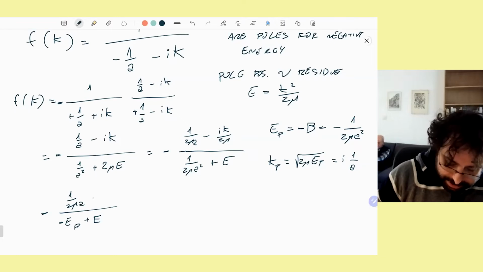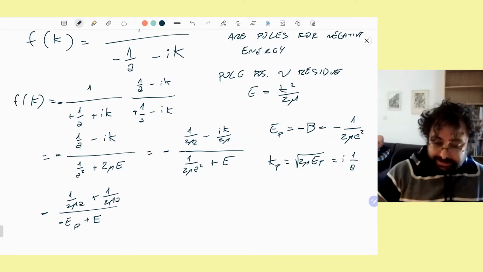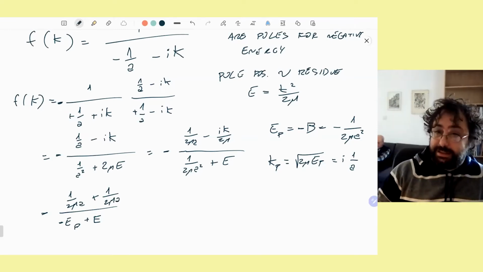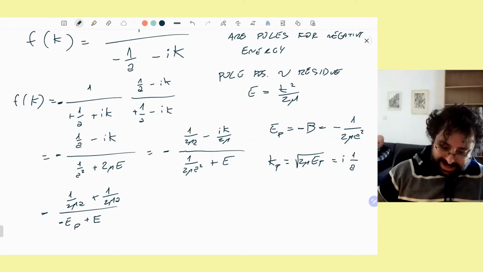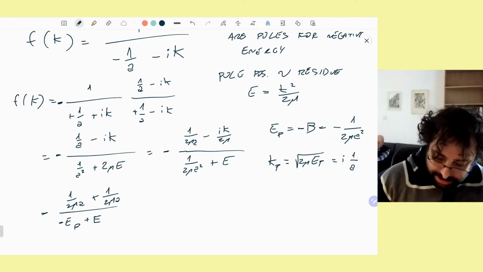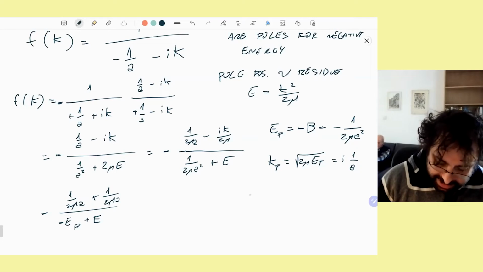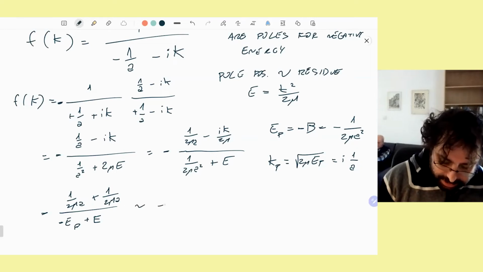The position of the pole is then just this. I get something that is related to this factor here. I get that the residue, that I can call g squared,